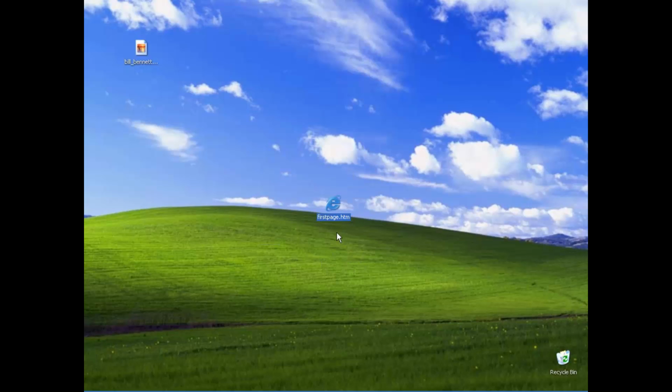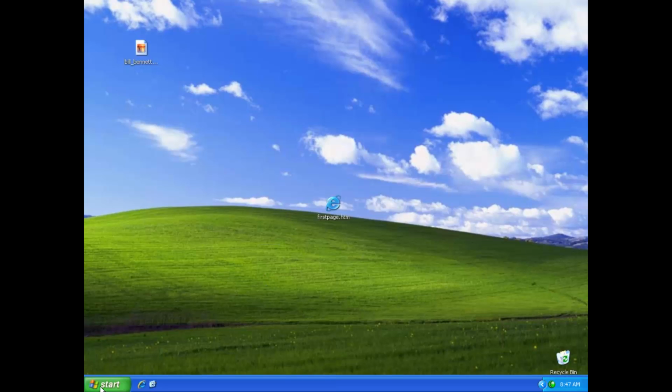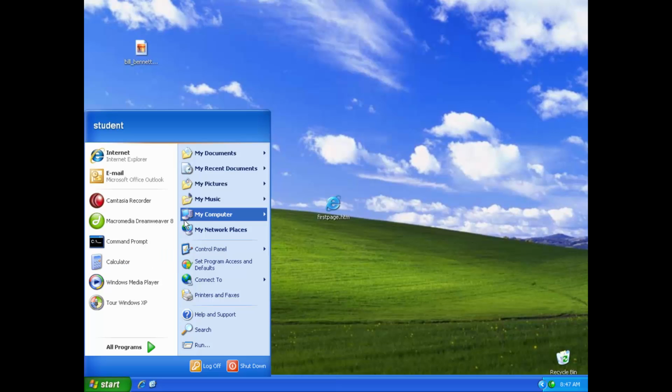Now, one other thing that you might need to be aware of here is that you on your computer may not see your extensions. The Microsoft operating system, Windows XP, and others don't display the extensions of your files by default. So to change that, we can go to the Start menu. We can open up My Computer,